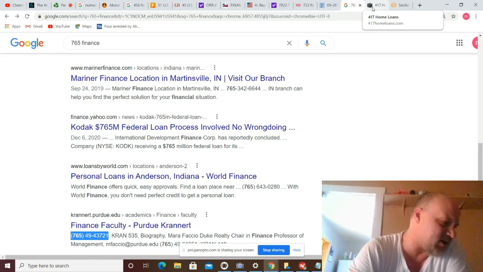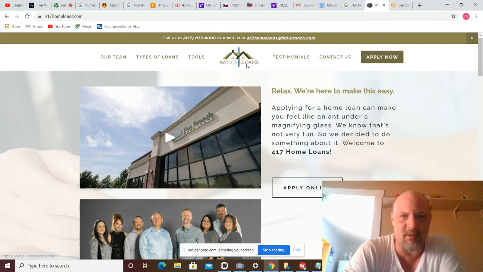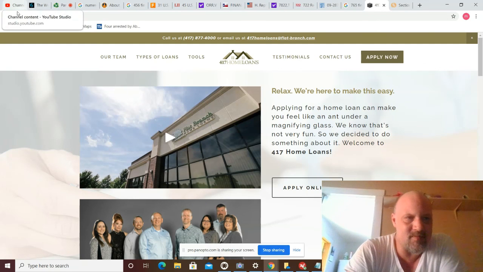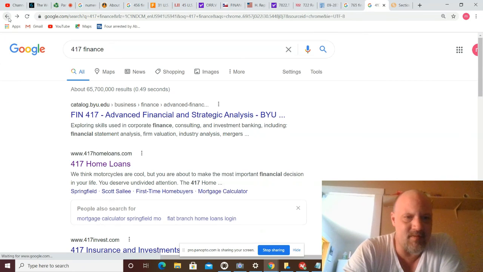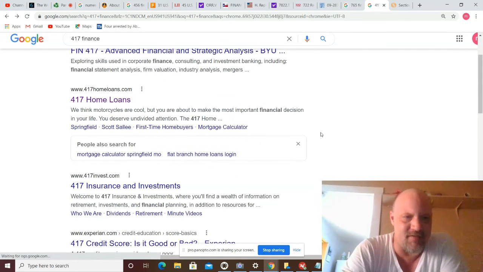But if you move on from that, you have 417. And 417, how about 417 home loans? It's right here. 417 home loans. So there's a home loan. You also have 417invest.com, insurance and investments.